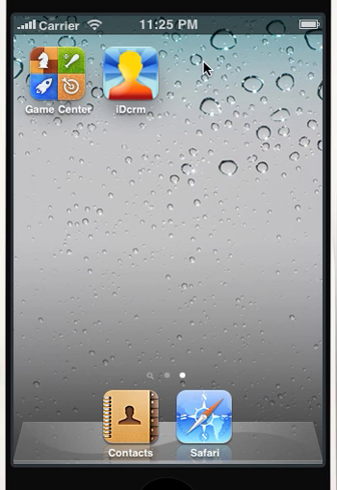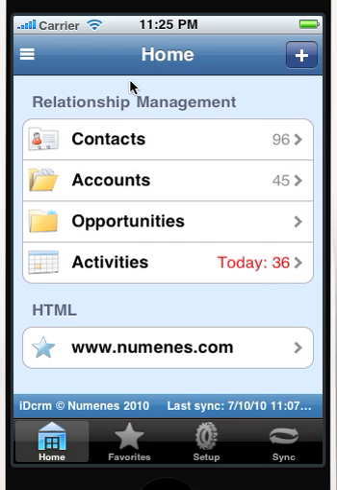Okay, welcome back. We've done the initial sync, we've customized our home screen, and in this podcast I'm going to show you how you can work with views in iDcrm. So I'm going to launch the application again. You see I still have the homepage I changed in the previous podcast, and I'm just going to zoom in